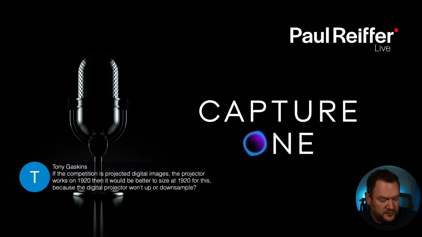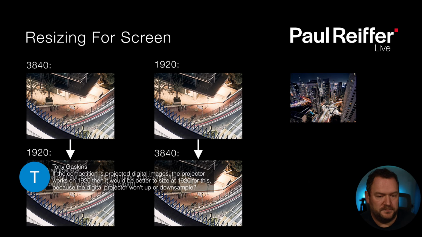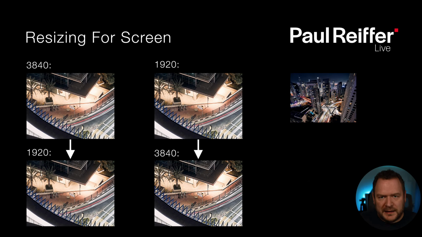In both these cases, we are talking about allowing the computer and the screen to decide how to upsample an image. In both cases, you are relinquishing control of your image. You're allowing the viewer's screen or computer to make decisions on what to do with those pixels, either invent more or delete them. In a perfect world, you would know the resolution for the person's screen or projector or whatever, and you would deliver it to them in that.